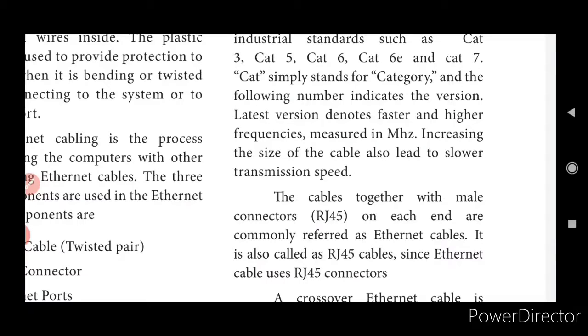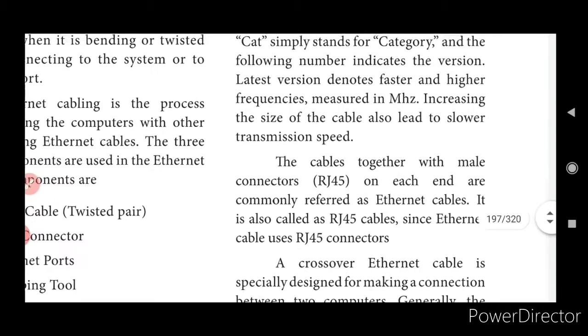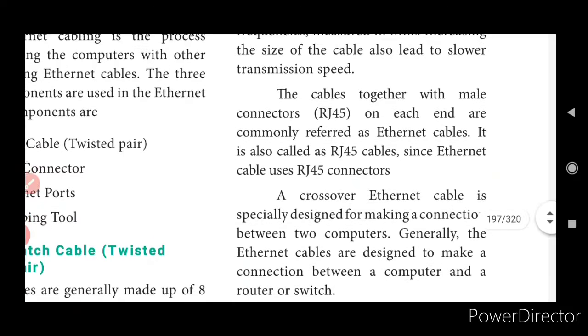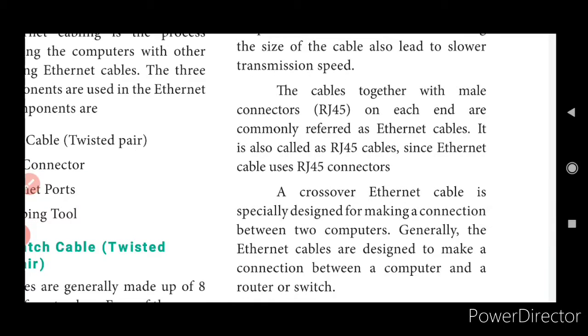As the cable size increases or decreases, it affects the transmission speed. The cables together with male RJ45 connectors on each end are commonly referred to as Ethernet cables. They are also called RJ45 cables since Ethernet cables use RJ45 connectors.